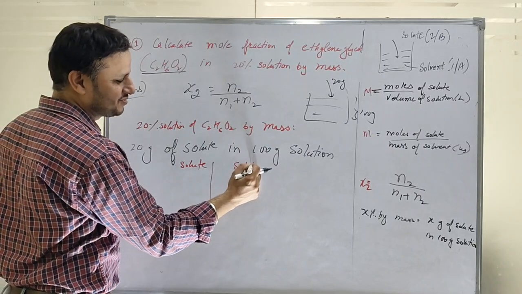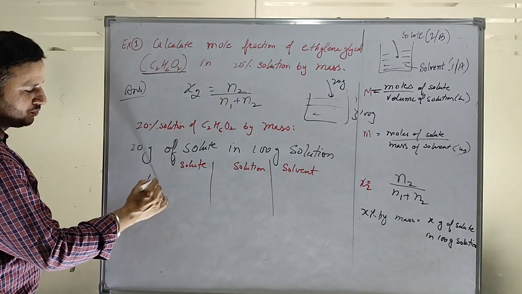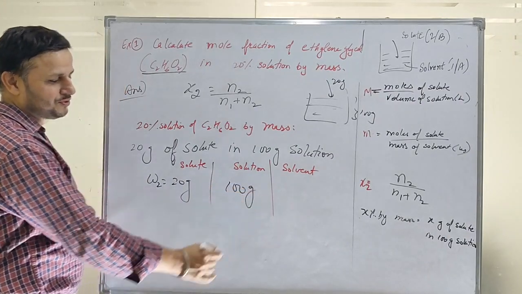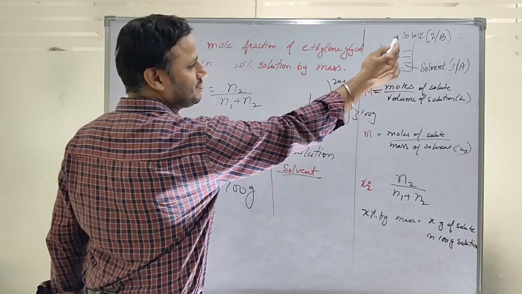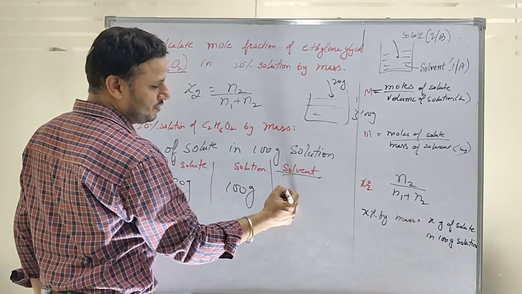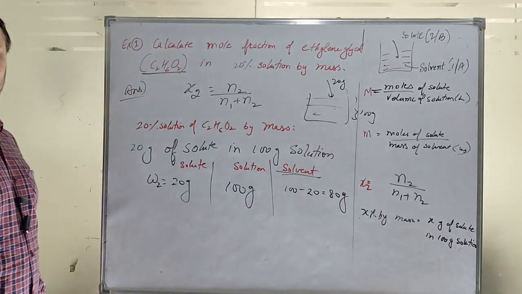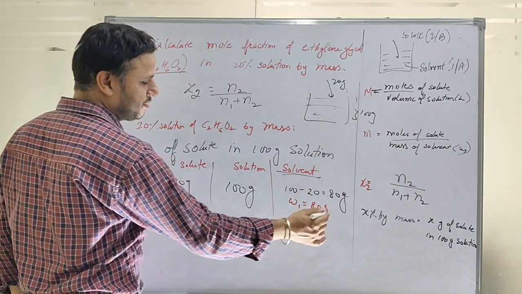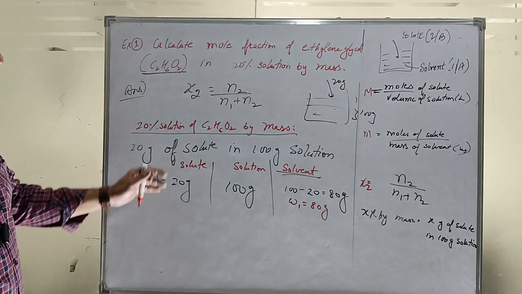सिर्फ एक स्टेटमेंट से क्या क्या आ गया हमारे पास कि 20 ग्राम ऑफ सॉल्यूट, तो सॉल्यूट का मास आ गया। 100 ग्राम सॉल्यूशन, पूरे सॉल्यूशन का मास आ गया। और सॉल्वेंट, तो सॉल्यूट प्लस सॉल्वेंट इज इक्वल टू सॉल्यूशन। तो सॉल्वेंट इज इक्वल टू वेट ऑफ सॉल्यूशन माइनस वेट ऑफ सॉल्यूट। तो एक टर्म से हमारे पास सबके मास आ गए, बस एक टर्म दी क्वेश्चन में।